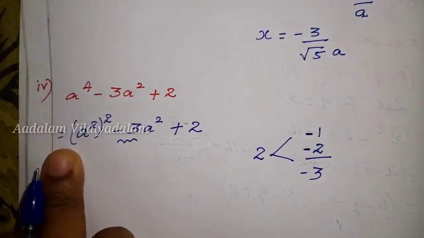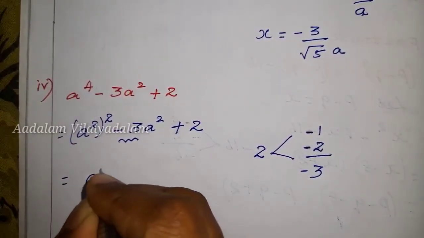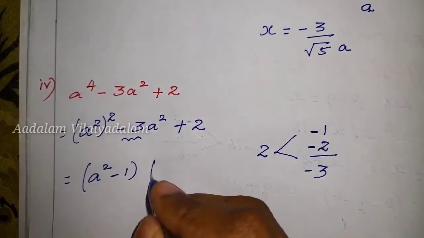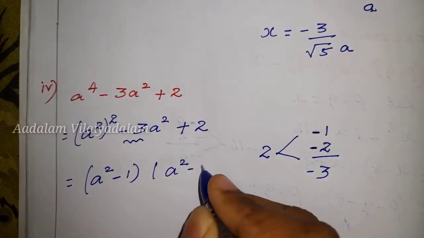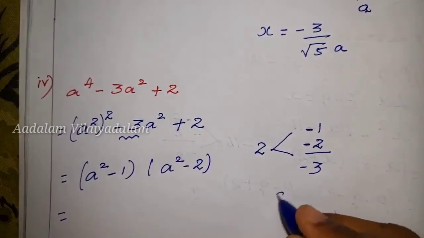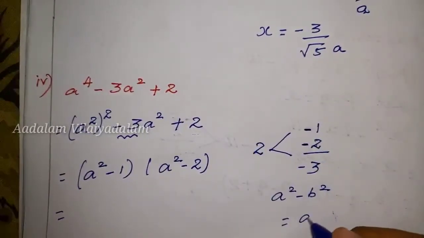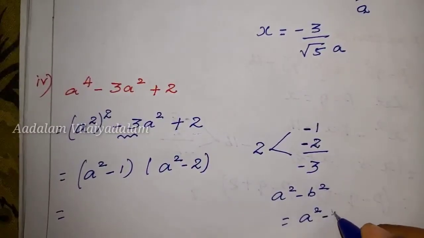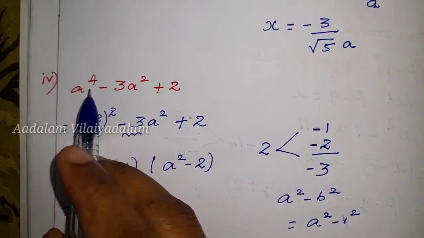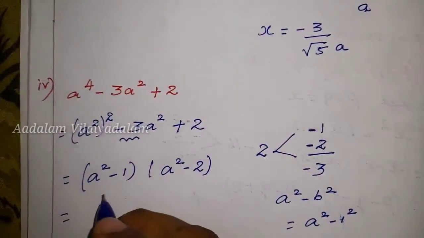So here the variable is a square. The first factor is a square minus 1, the second one is a square minus 2. So we know the a square minus b square formula. Here a square, so 1 can be written as 1 square. So again we apply the formula. A power 4 means we have 4 factors, so only 2 factors here. So a square minus 1 can be written as